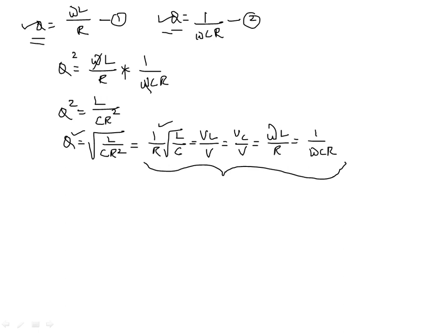Okay. So what is the conclusion of this video? We should know about the resonant frequency as well as the formula. FR is equal to 1 by 2 pi root LC. What is the second term? Bandwidth. Bandwidth is equal to R by 2 pi L. Next, what do you mean by half power frequencies? The lower cutoff frequency as well as the upper cutoff frequency are the half power frequencies. Fourth, what is the formula for F1 as well as F2? F1 is FR minus R by 4 pi L, and F2 is FR plus R by 4 pi L. Now the quality factor is 1 by R root of L by C.